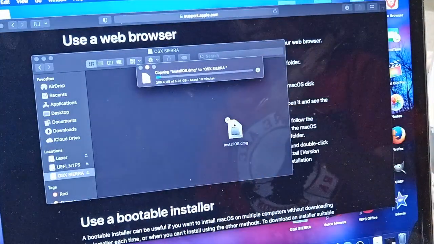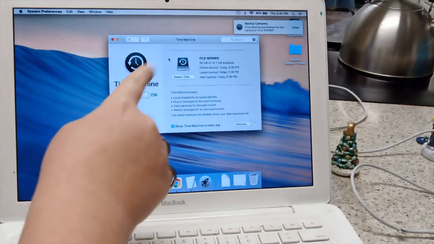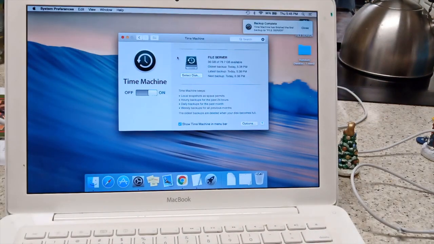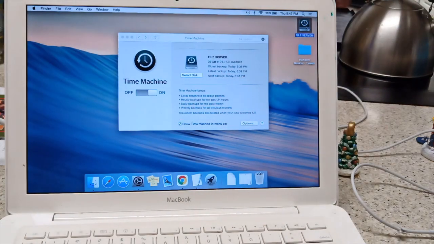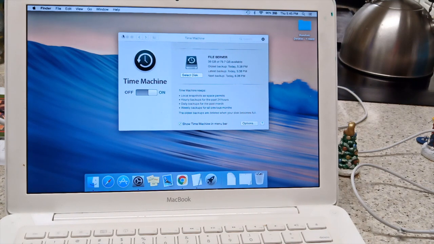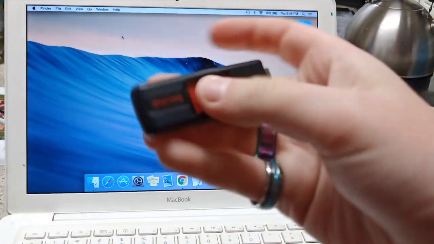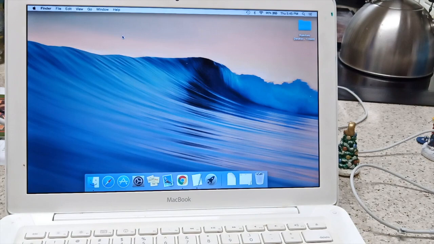Alright, so I backed up all my files, and Time Machine is finally completed after like an hour. So what I'm going to do is, now I have an excuse to show you how you eject things on Macs. You drag the hard drive to the trash can, which is like the stupidest way of doing it, but it works. Anyways, I'm going to close this, and on this USB drive, I have the Sierra DMG,